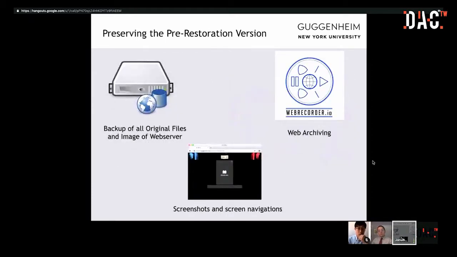We also took several steps to preserve pre-restoration versions of the piece. So of course, we backed up all the original files of all the different previous versions before the restoration. We also asked the IT department to create an image, a disk image of the web server that was running Brandon